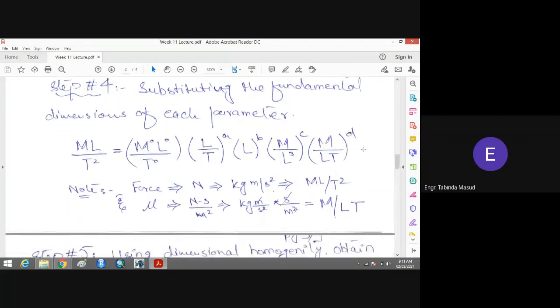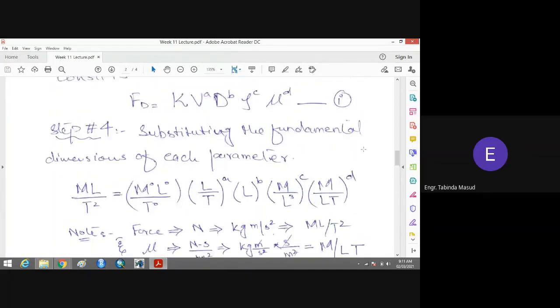Okay, if you remember the units of the parameters, you can easily find the fundamental dimension of all the parameters. We have already derived that for force, the fundamental dimension is M L divided by T squared. We have put the value here. And what is this? K. K is dimensionless. For K, I have put the value M^0 L^0 T^0, because I know that it comes to 1. Since K is a constant value, it has no dimension. Therefore, it is up to you: you can even ignore the dimension of K, or you can write it like this, with 0, 0, and 0 as powers.